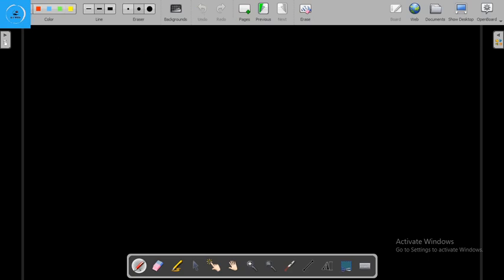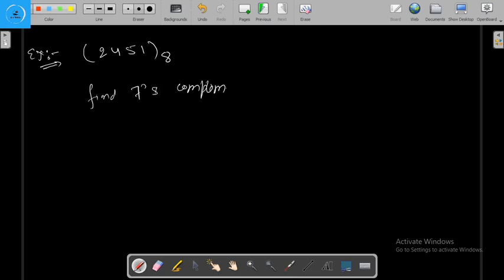Let's see one more example. 2 4 5 1, given in octal. So our question is to find the 7's complement of the given number. So for finding the 7's complement,